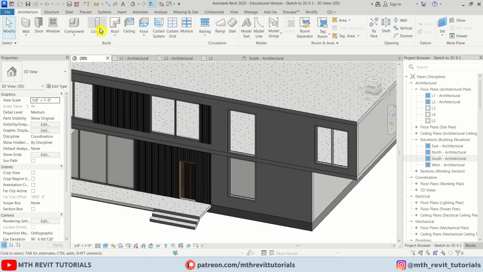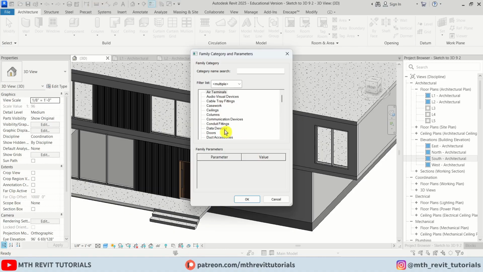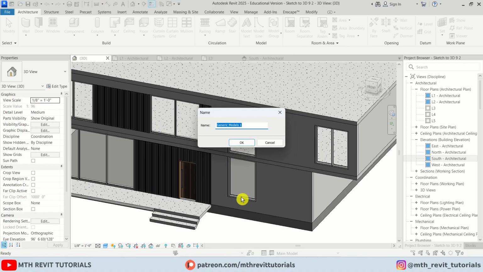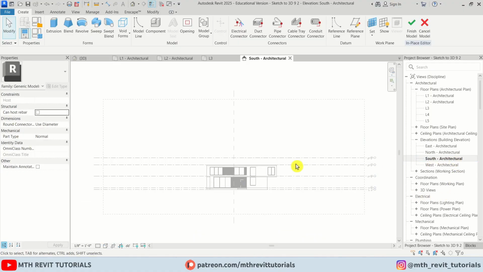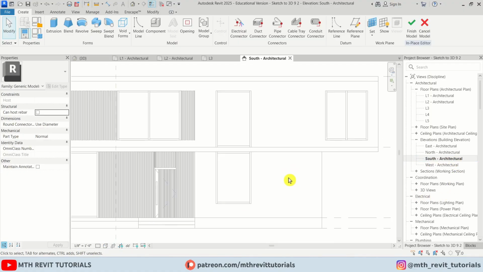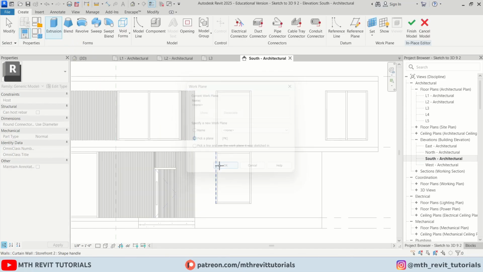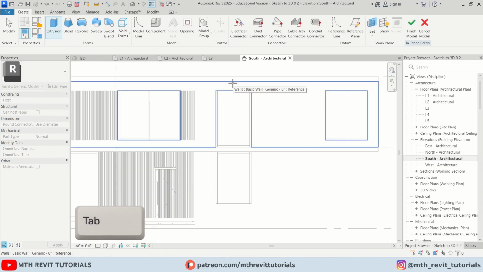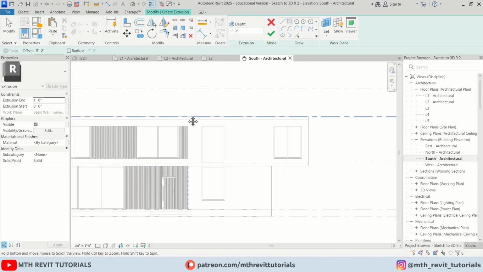So let's go to architecture, click this drop down and select model in place, and then I'm going to press G on the keyboard to go to generic models. Click OK. OK again, and let's go to the south elevation, and here I'm going to create an extrusion. Let's choose pick a plane. OK, and we want to pick the face of this wall by pressing the tab key, and then I'm going to create a rectangle from this level